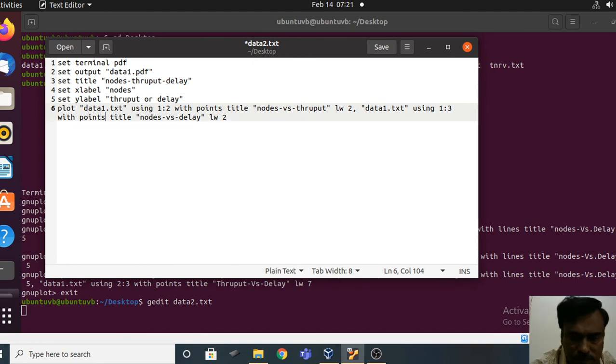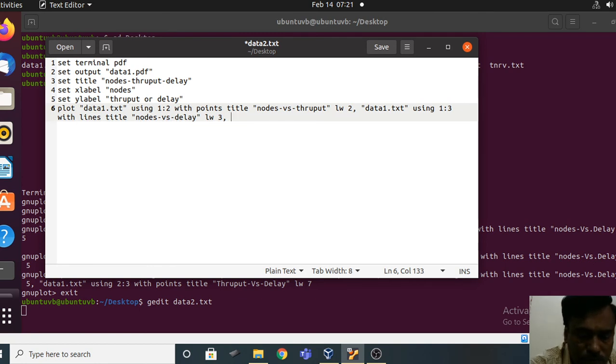So you change this word from points to lines, right? This way. If you want to change the line width value from 2 to 3 you can change,